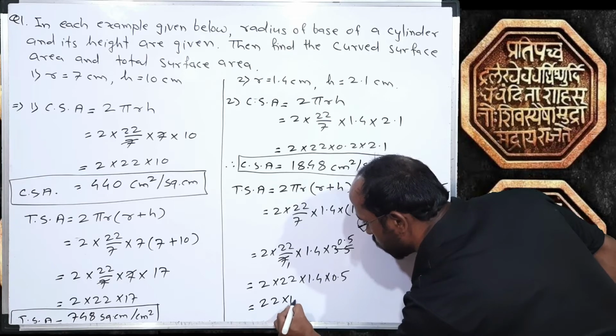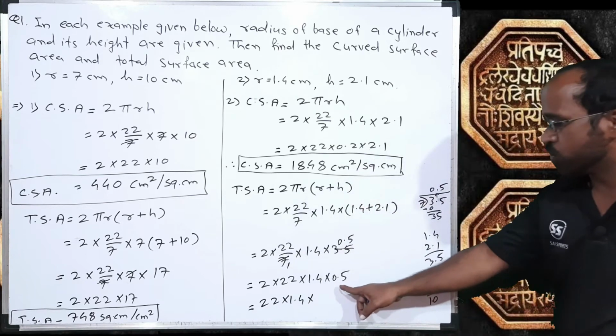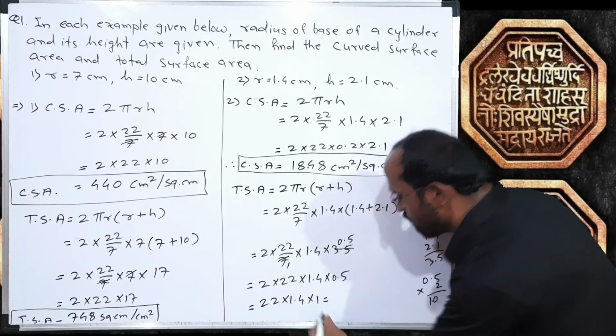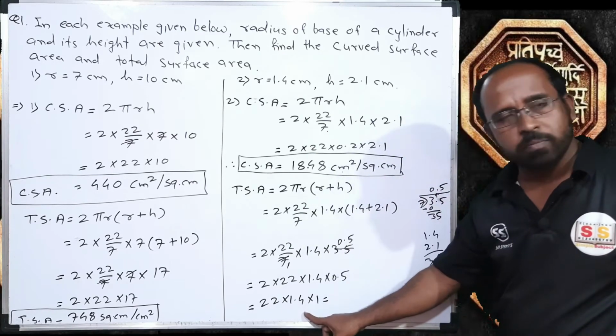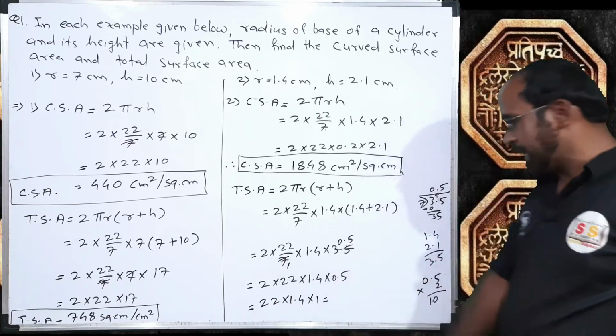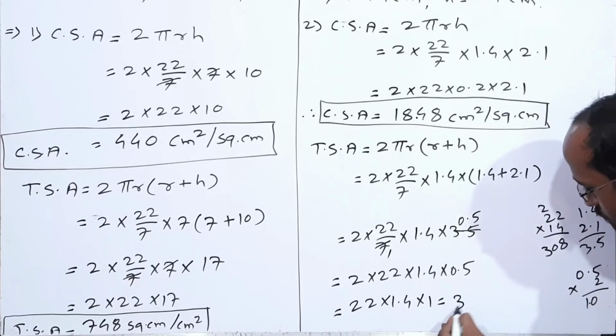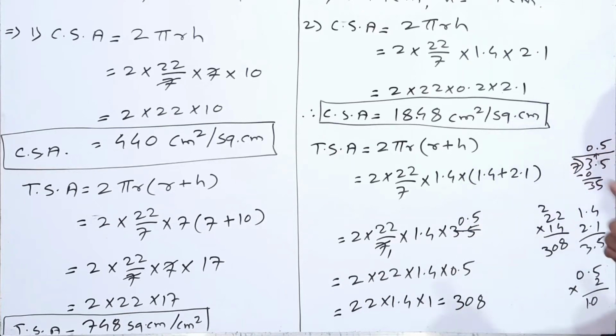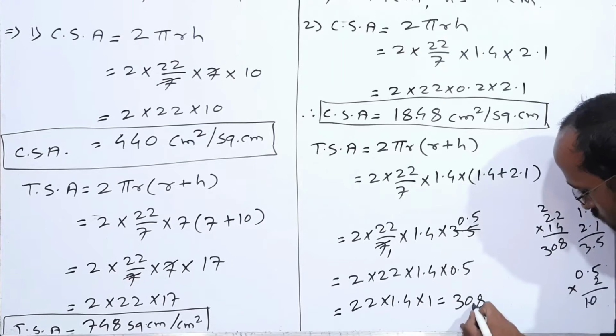22 multiplied by 1.4 multiplied by 0.5 multiplied by 2, where 2 multiplied by 0.5 means multiplied by 1. So ultimately this is nothing but 22 multiplied by 1.4, that is equal to 308. One decimal digit is there in the total multiplication, so that is equal to 30.8